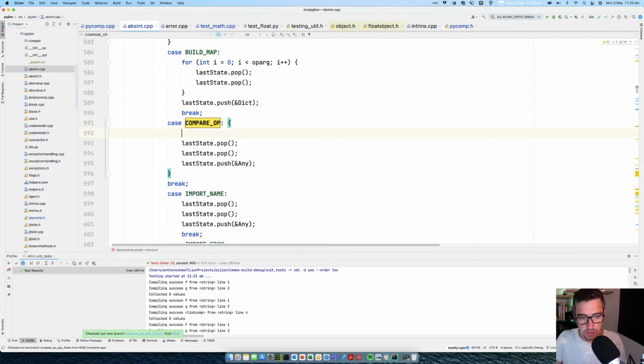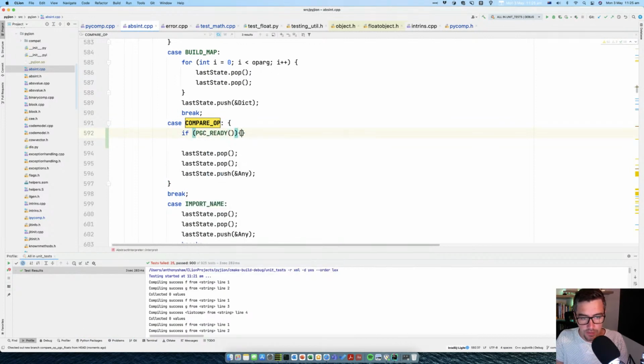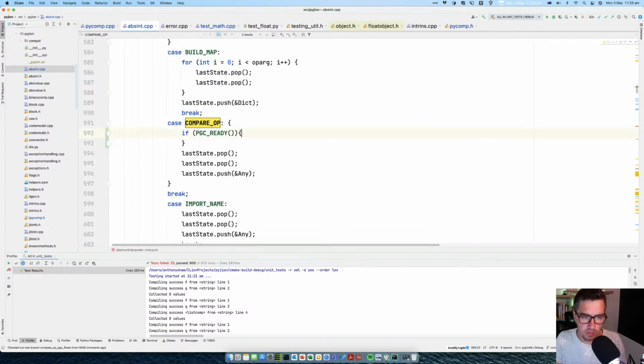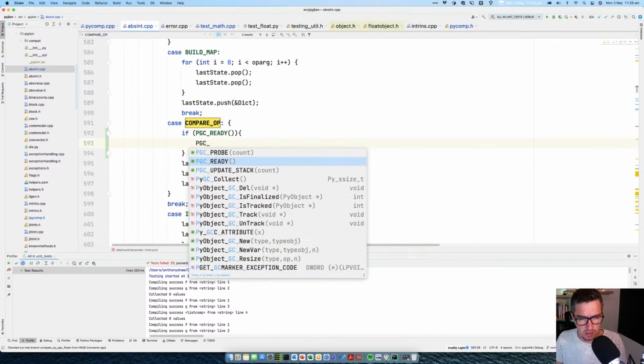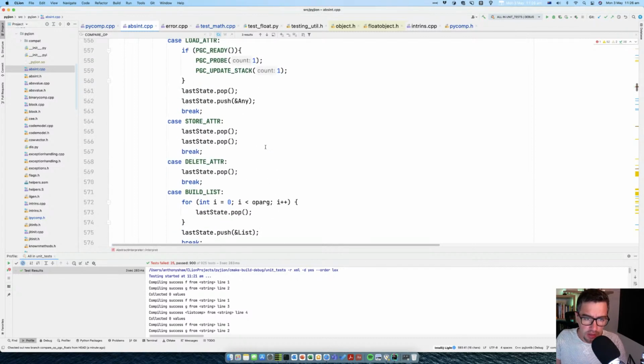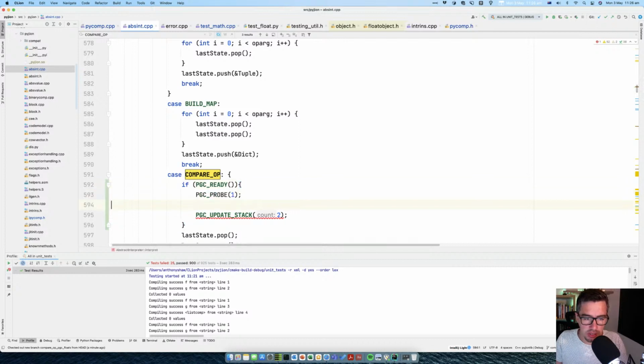Is when I'm doing the initial phase to work out, when I'm building the abstract stack, what I can do is make an assertion that PGC is ready, and then remember PGC, update stack, and I want two positions. I want the top and the second. I think there's one other thing, probe. That's it. So what I'll do is, currently this optimization that I've written would only work if it knows 100%